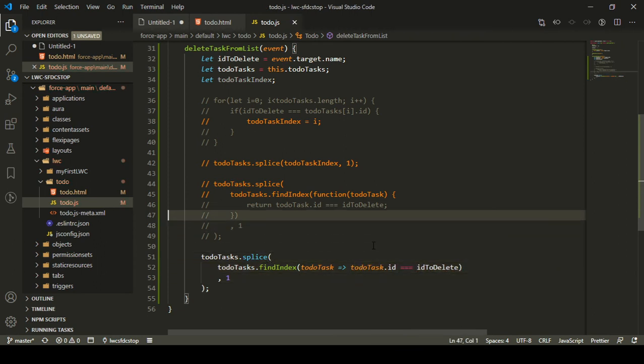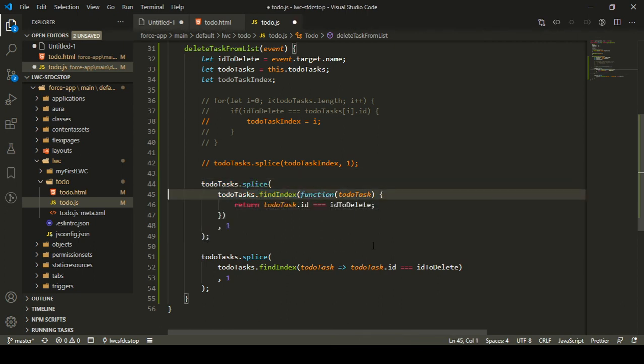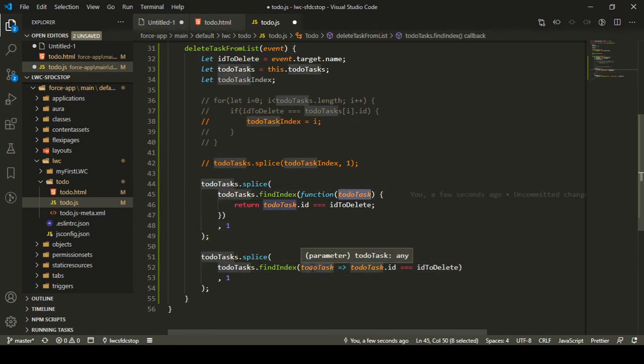Okay, so what I did is just a shortcut to this particular function that I have written here in one line. This function is accepting todoTask as a parameter, right? And the arrow sign specifies that I'm going to return something. Whatever I write after this arrow sign will be automatically returned from the function. So this is just a shortcut way to write a function where I'm returning something based on a condition, right? This is my parameter going inside the function, and this is what I'm going to return: todoTask.id equal to idToDelete, right?